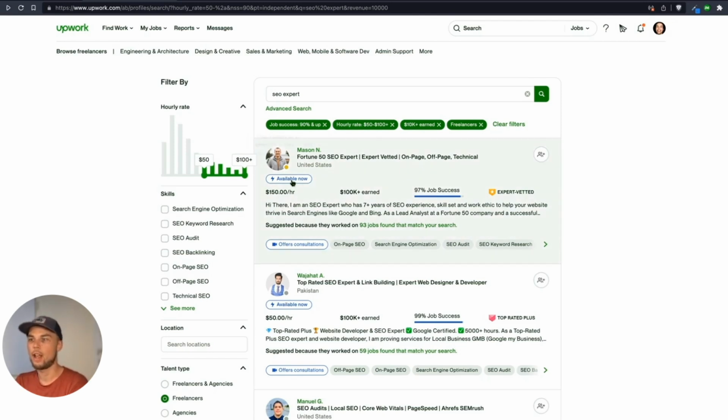Location, we can't change that. Available now badge, turn it on. Hourly rate, we can set that. It goes beyond our little mini training, but we do have control of it. The other badges and stats here we don't have control of, so we don't need to worry about them. Make sure to familiarize yourself with rising talent, top rated plus, expert vetted,